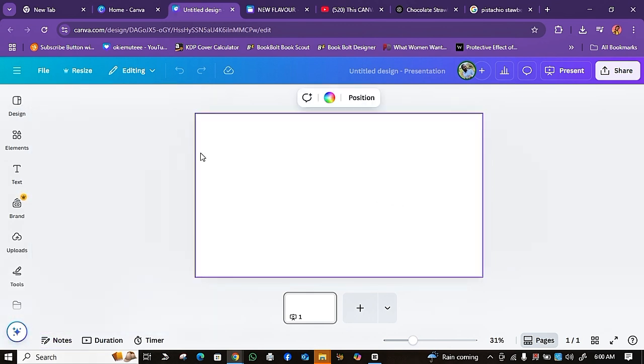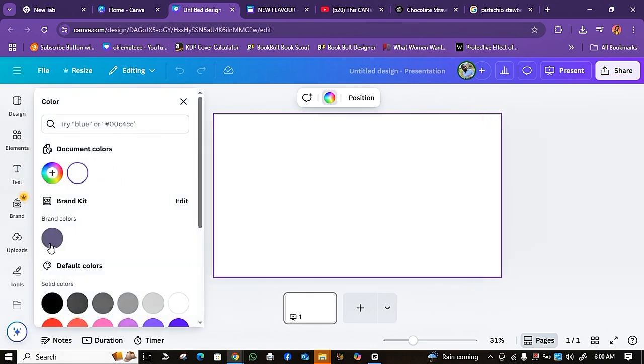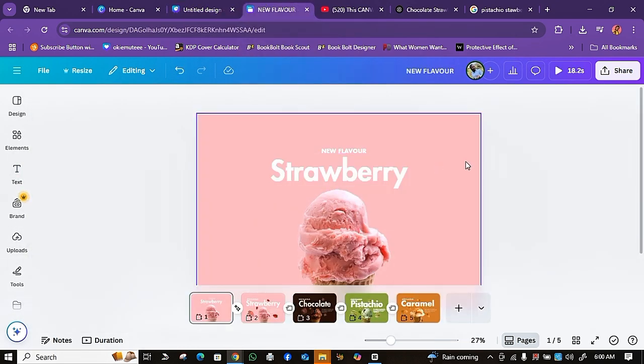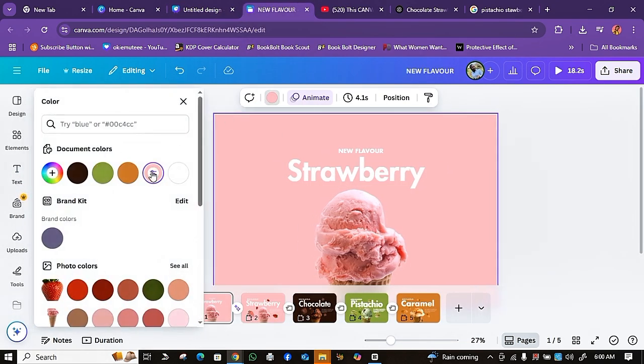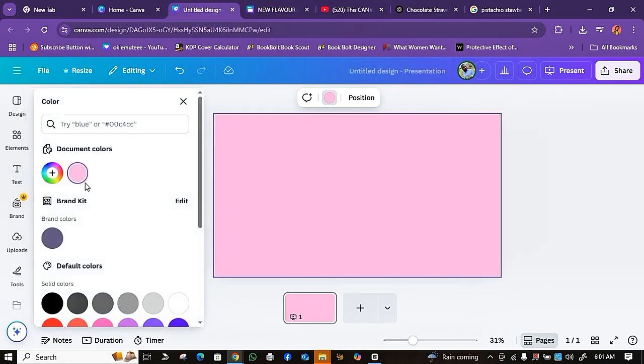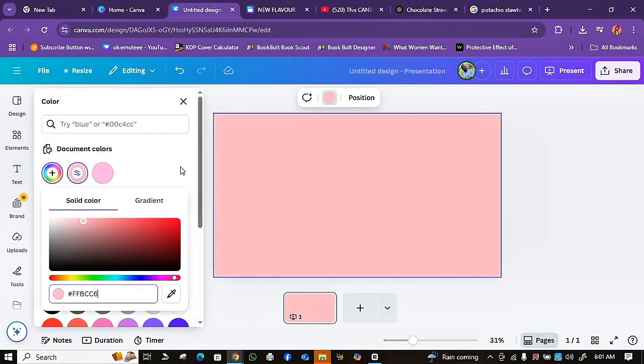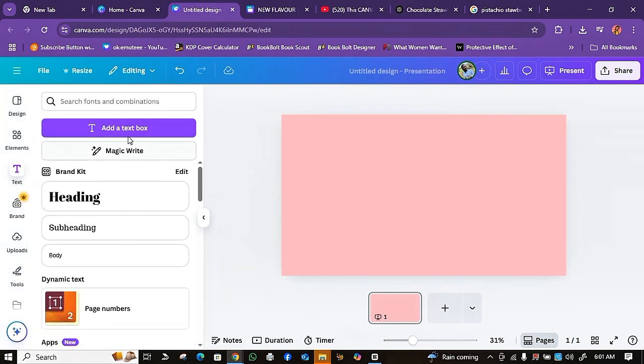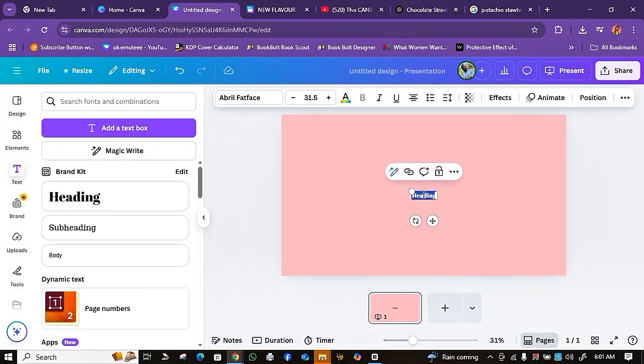So the first thing here is to give it the background color, which let's say we're going to be using this. If I want to be sure, I can come back here and copy the color code you're seeing here, which is this one. So I come here and I'm going to paste it. Okay. So the next thing I want to do is to add my text. I'm going to add a heading and I'm going to type